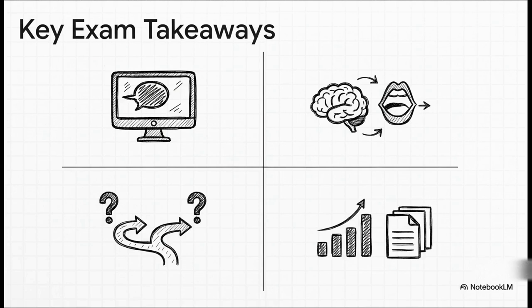Okay, exam focus time. If you remember anything from this first section, make it these 4 points. 1, NLP is all about letting computers work with human language. 2, it's got two sides, NLU for understanding or reading and NLG for generating or writing. 3, the biggest challenge, the one that never goes away, is ambiguity. And 4, the way we do it today is almost entirely through statistical learning on huge data sets.